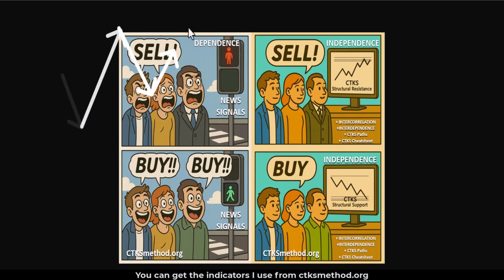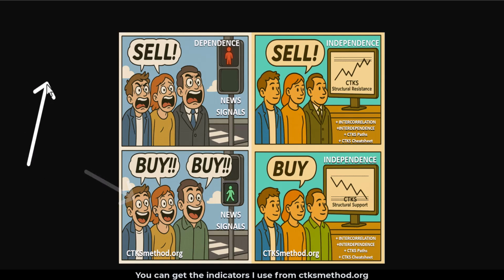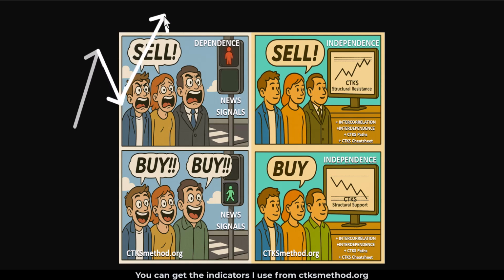Even in an uptrend, it's doing something like that. So if it goes up and you buy, you go in here, you buy, it comes down, you sell, you can see that you're buying and selling at the wrong times because you're using a signal that will never ever work for you. Short term, occasionally, sure, it can work, but long term consistently, it will not work. In fact, it's even worse than that.